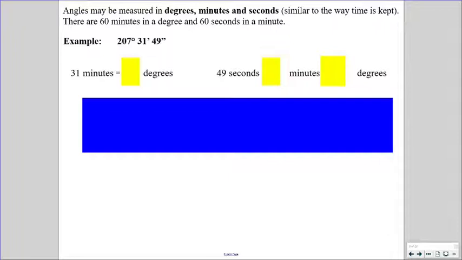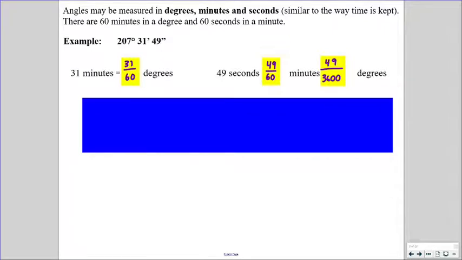If I want to convert 207 degrees, 31 minutes, and 49 seconds back into an actual decimal that we can use, 31 minutes is 31 over 60 degrees. We're just dividing everything by 60. To get from minutes to degrees, take the number of minutes and divide by 60. And then 49 seconds, if we want to turn that into minutes first, that's 49 over 60 minutes. And then to go from minutes to degrees, we're going to have 49 over 60 times 60, or 3,600